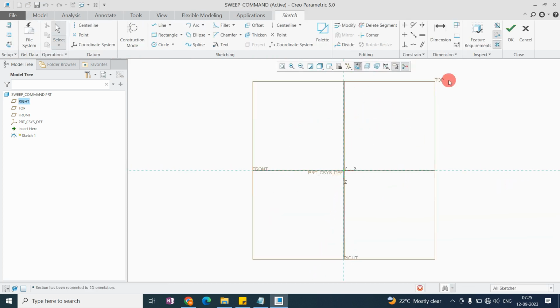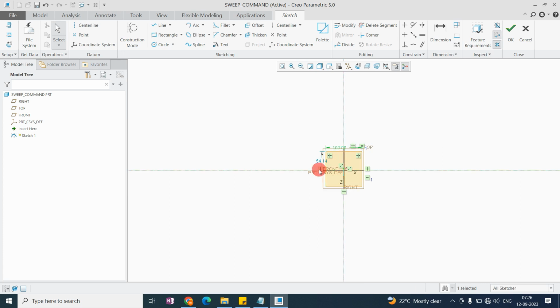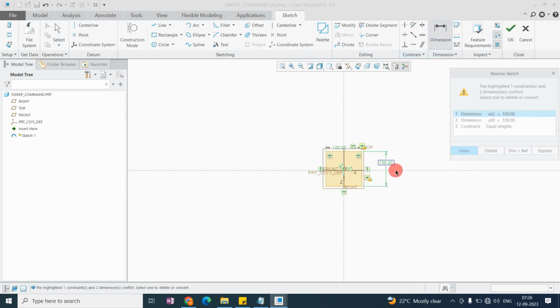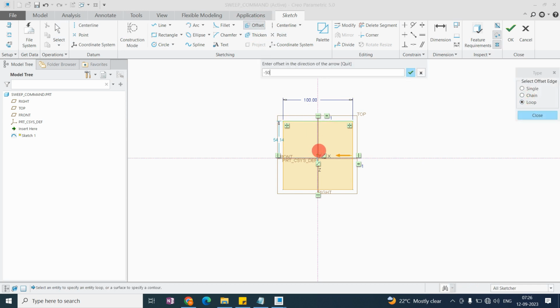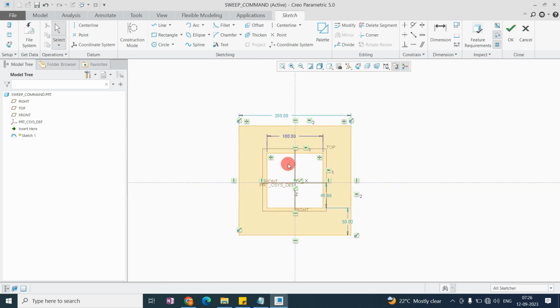We will sketch the model properly so that we can correctly model the product, the cooling line. Here I am creating a 100 by 100 rectangle. The equal dimension is already applied, so 100 by 100 mm. Now I will offset this rectangle by 50 mm,